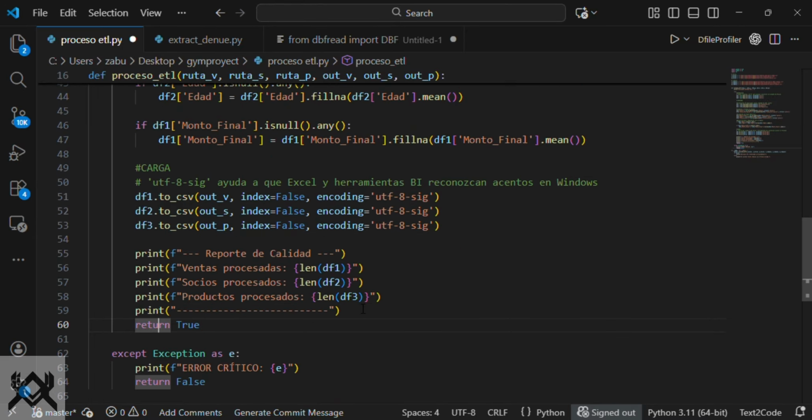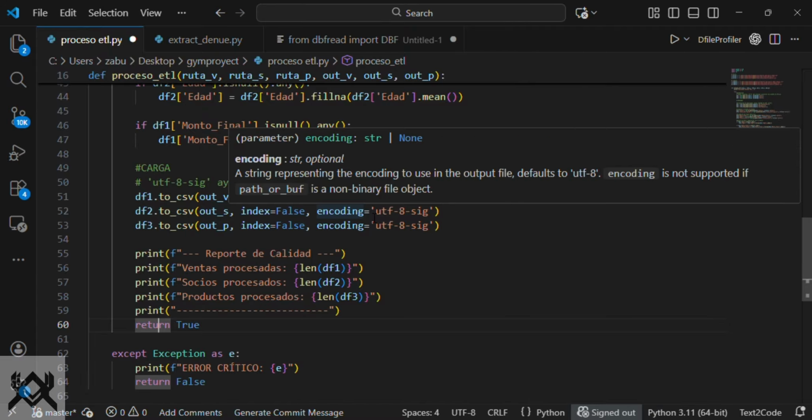And finally, we need to tell Power BI and Excel to recognize some Spanish orthography. In this case, we use UTF-8.